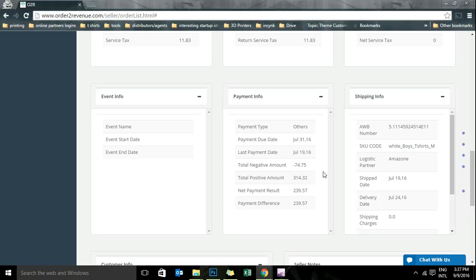The payment info tab talks about the total negative amount received, total positive received, the net payment result and the net payment difference value. In case this value is in positive figures, that means that this much amount is expected to be deducted against this order in the near future. Whereas if this value is negative, the seller has to recover this money from the sales channel in order to